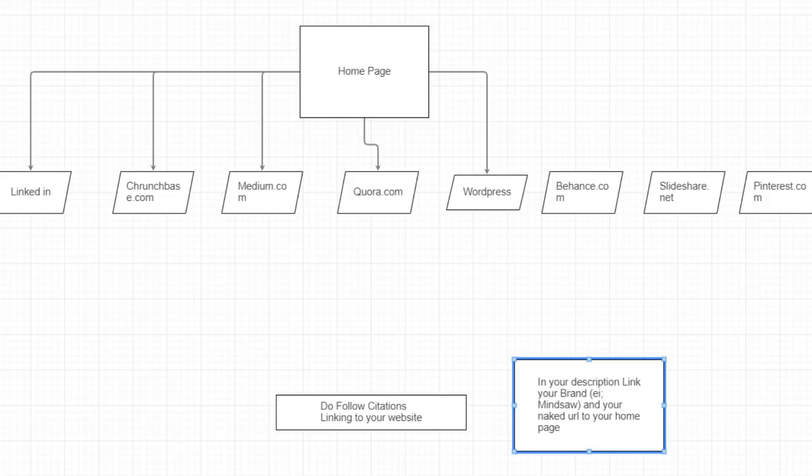A do follow link is a link that Google basically recognizes from one site to another. There's do follow and there's no follow. Now, no follow links are valuable as well. And it would look kind of fishy if you had 100 do follow links and no no follow links. It wouldn't look